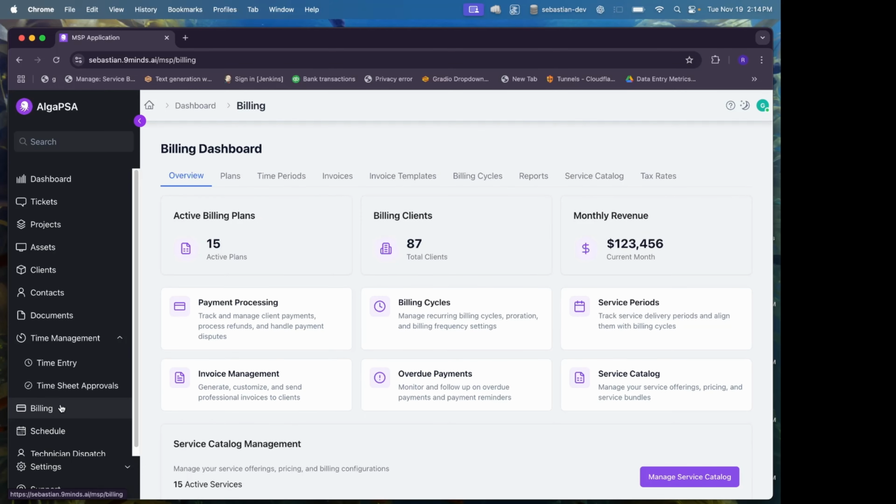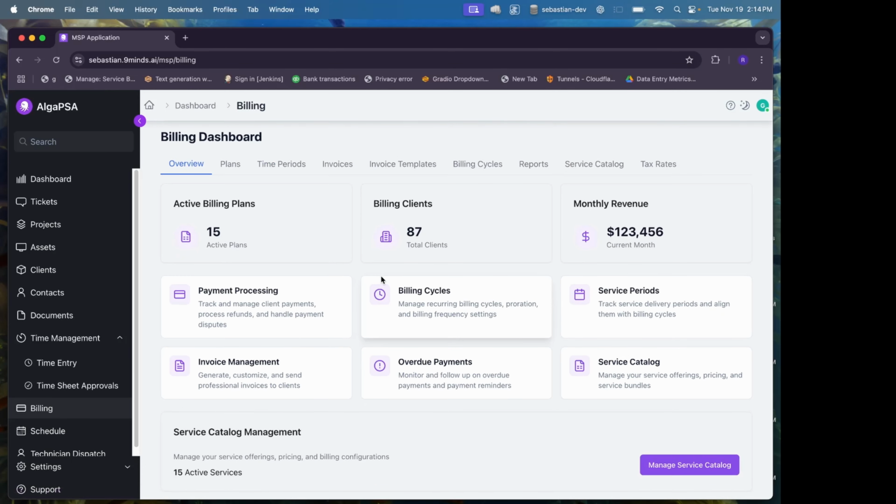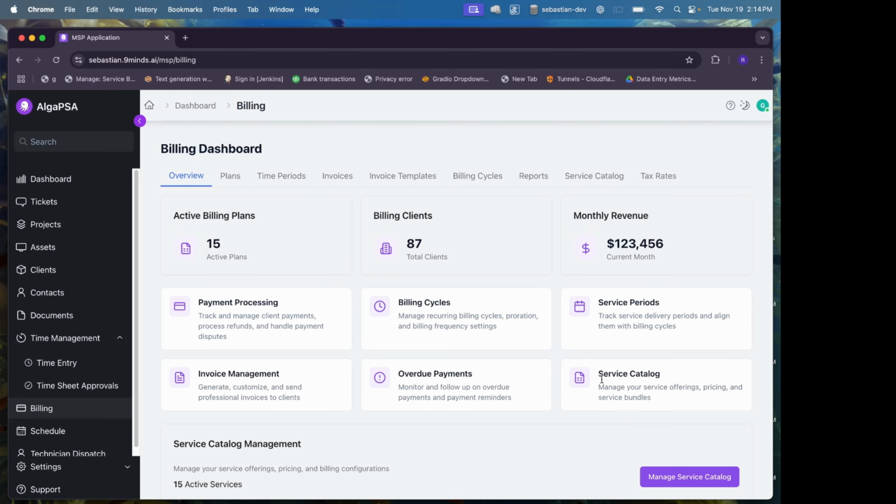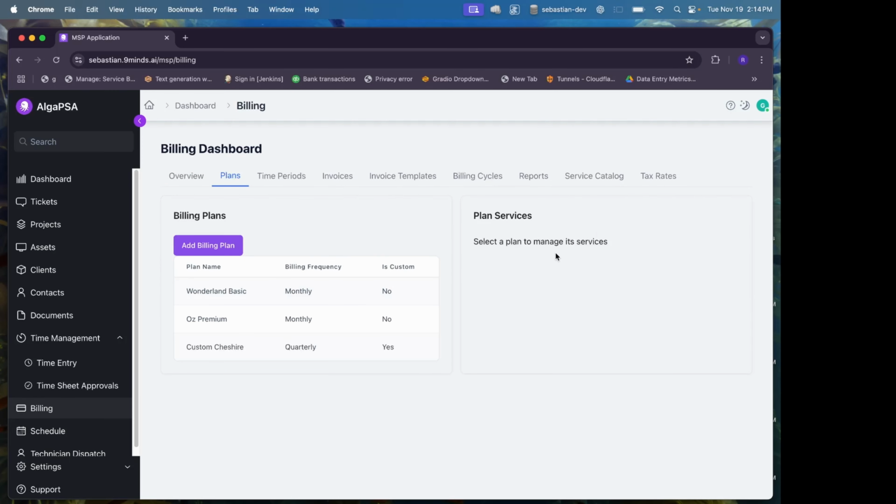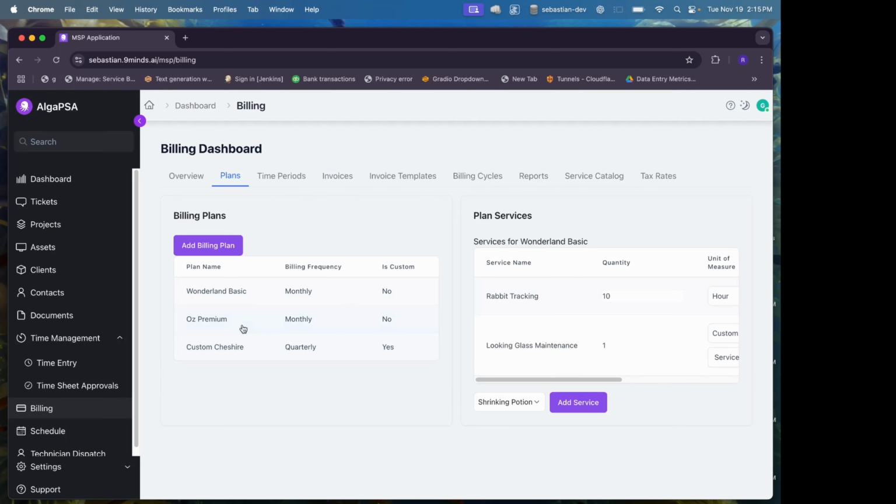Once time is approved, it can go into billing. We've got a billing dashboard here. And this is kind of where all of the billing configuration is done for the company. So under plans, these are your billing plans. We'll call these the plans that the MSP offers to customers. Here's the basic plan. Plans have services,